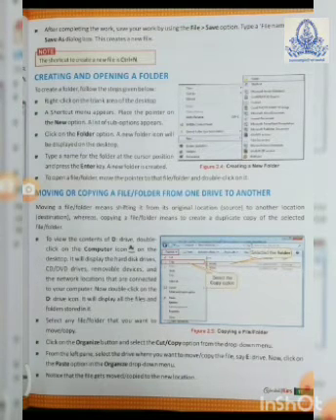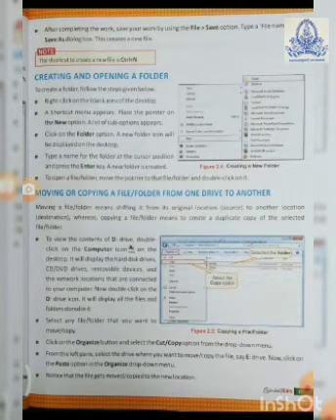Next, moving or copying a file or folder from one drive to another. In the simplest way I am telling you, suppose we are having two files, one 4th standard and second one is 5th standard result sheet. Both the result sheets, how will I transfer from one device to another? So one device to another means what? Let us go for one example. 4th and 5th standard result sheet I have.